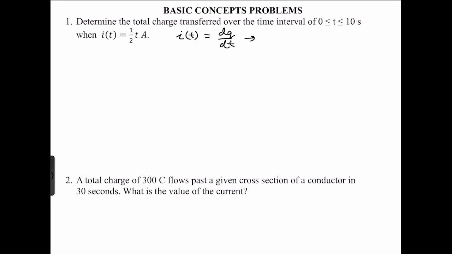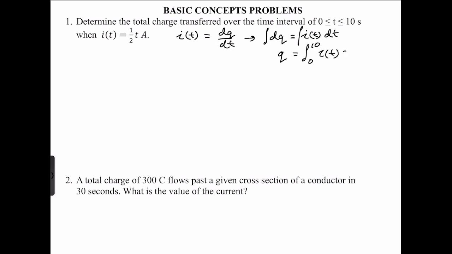If we manipulate that, we get the change in charge is equal to the current i(t) times the change in time. If we integrate that, we get that charge is equal to the integral, and we have that the interval is 0 to 10 seconds,